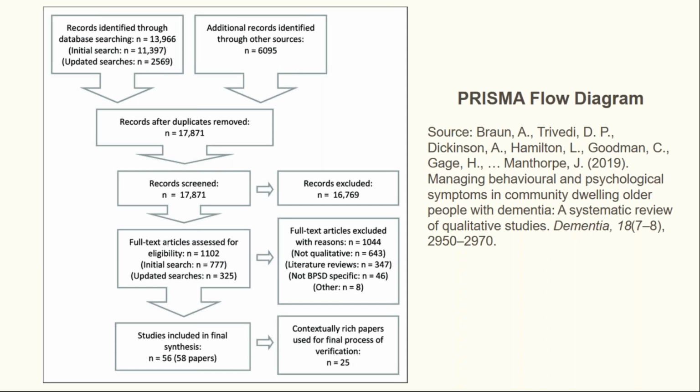So as part of the extraction process, you might also include an appraisal tool that assesses the quality of each study. And this appraisal tool might assist you in further narrowing the included studies. So that's how the authors got to a sample of 25 final studies that they included in their review. They only included what they referred to as contextually rich papers that in the text they say scored high on reliability and usefulness, which were assessed by their appraisal tool.